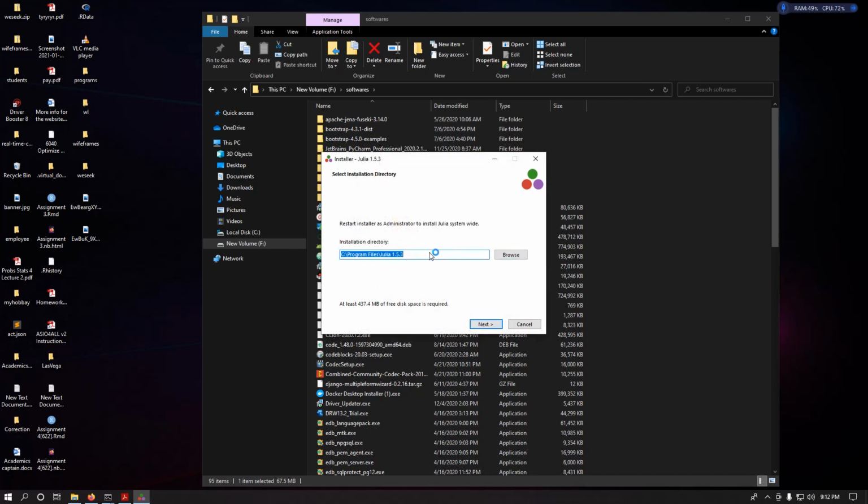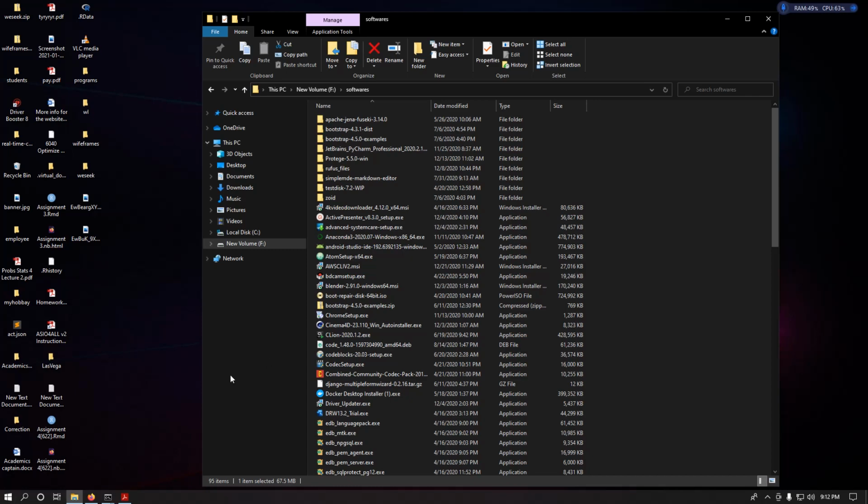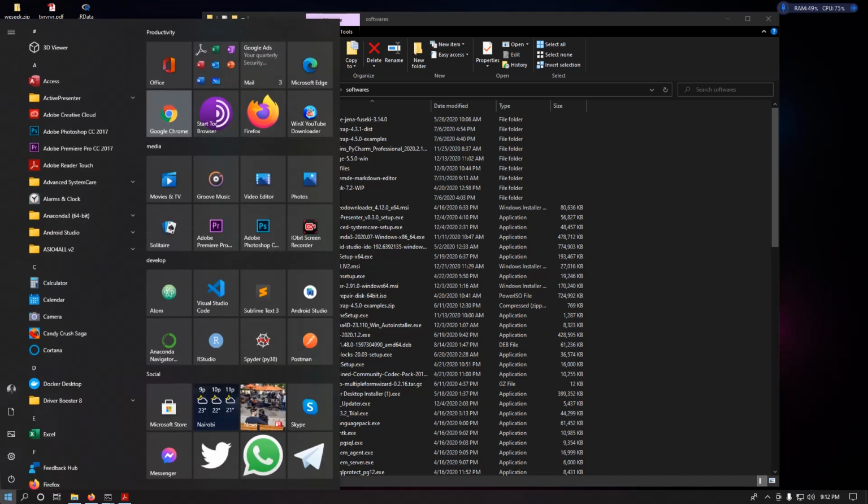I need this folder, so I copy it and then do next. I don't need to click the desktop shortcut, and the installation process will start. But I want to terminate it because I don't want to have two versions at the same time. You wait until this bar is finished, and it will show you a finish icon there. So you finish it. After you've installed it and copied the path, then you come to